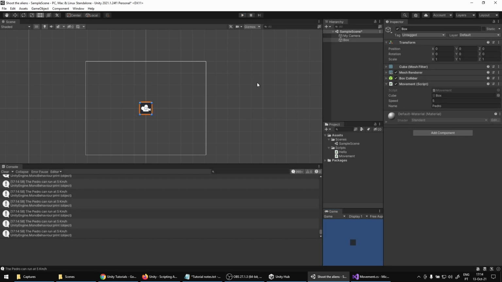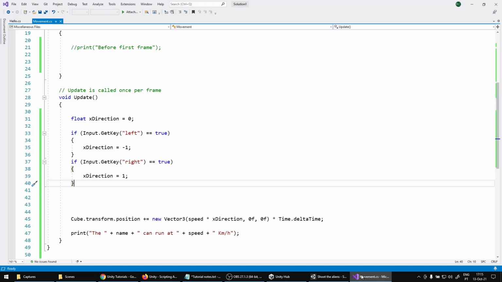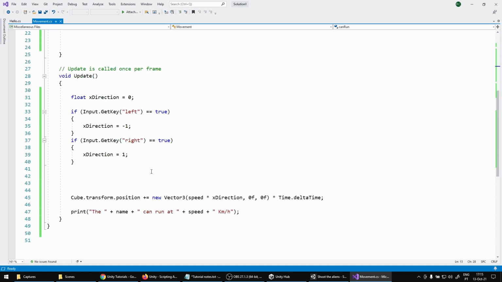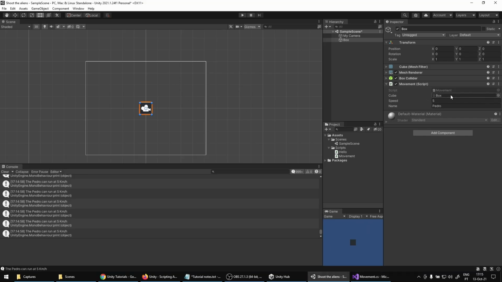So this is the basics of having variables and using the variables to control things inside our script. Our script will control whatever you need to be controlled. In this case, it's controlling the movement of this box, and we can play the game by using the arrows. In this case, the game has no purpose other than moving left and right, and that's it. Okay, so